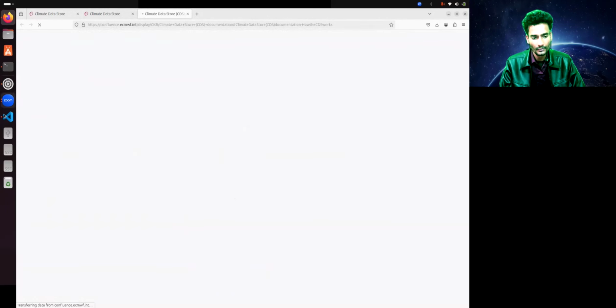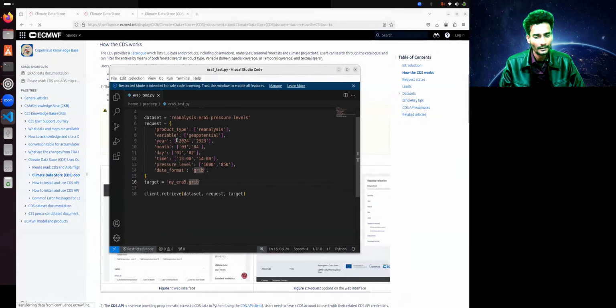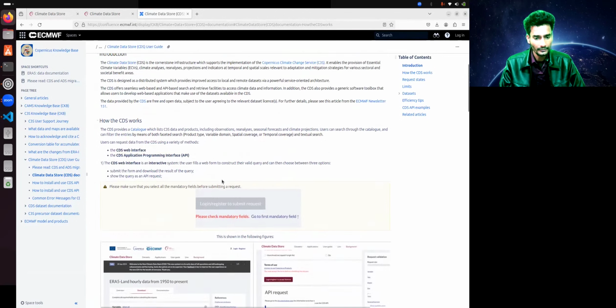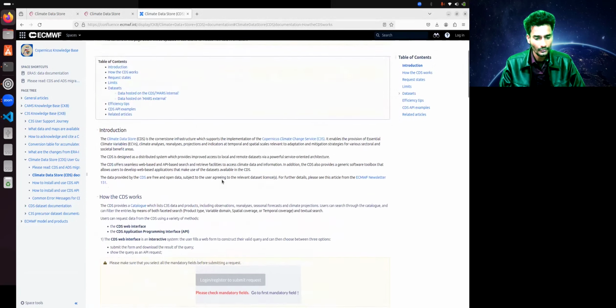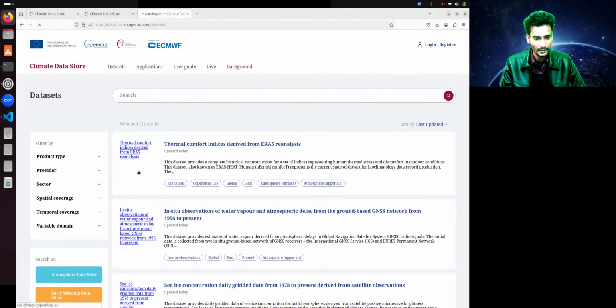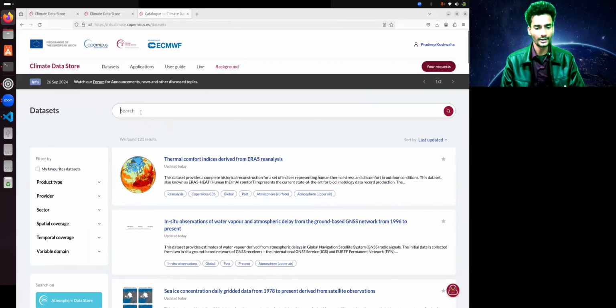So we have used this file from the example. Now writing it manually will be a little tedious. So how can we actually do this? I think it is very simple. Just go from here, just go to catalog. Okay, here you will be in this type of window. Here you can go to ERA5, or you can search ERA5 data